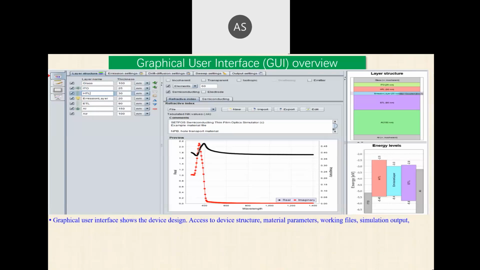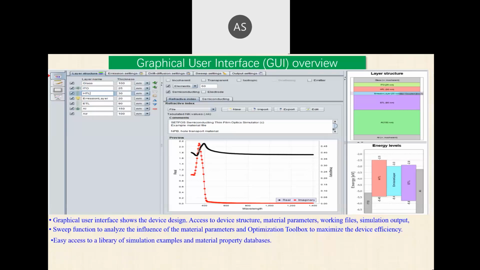This graphical user interface will show you the device design, device structure, materials parameters, working input files, and simulation output. You can swap the functions, swap the parameters, and optimize the device structures to get the maximum efficiency. You can easily access the material library and example library from our database.